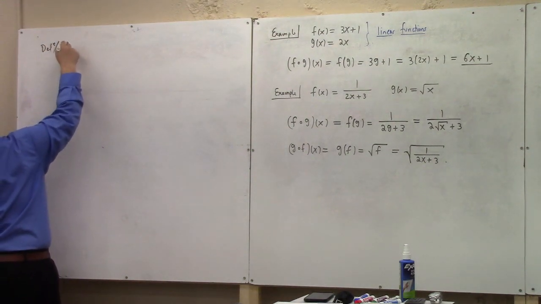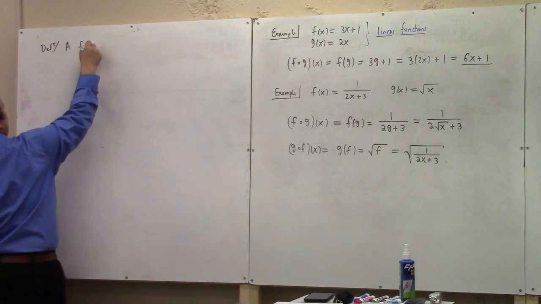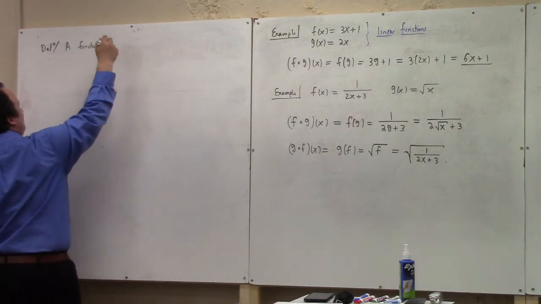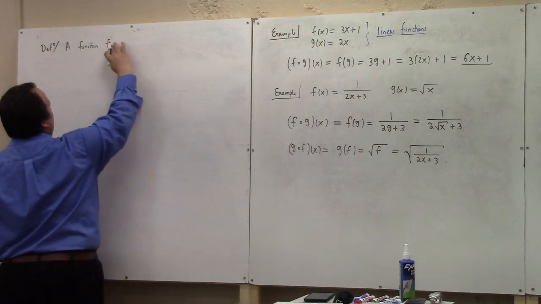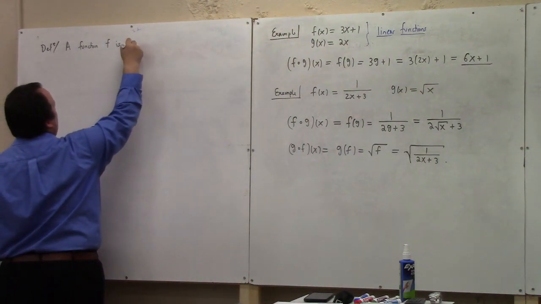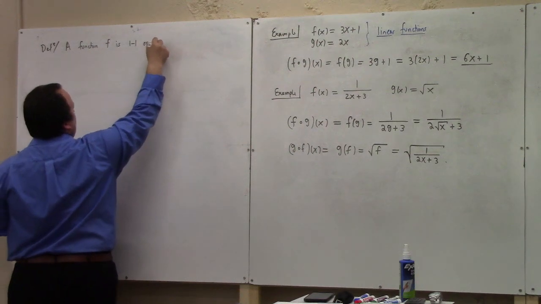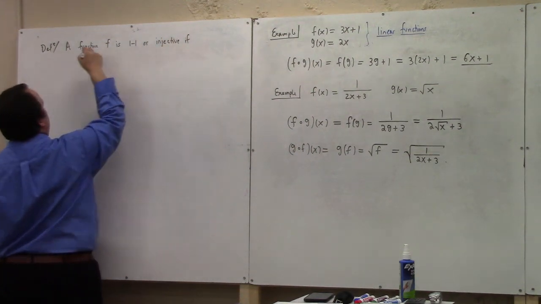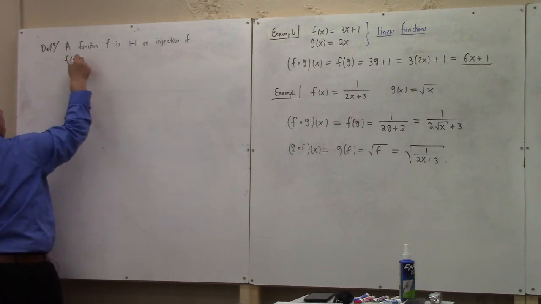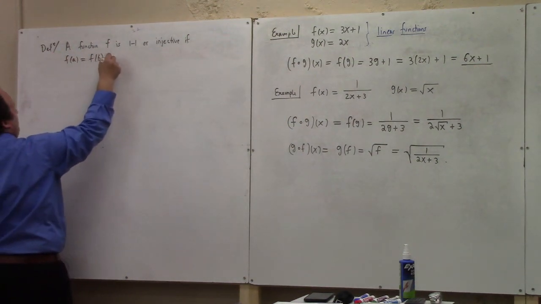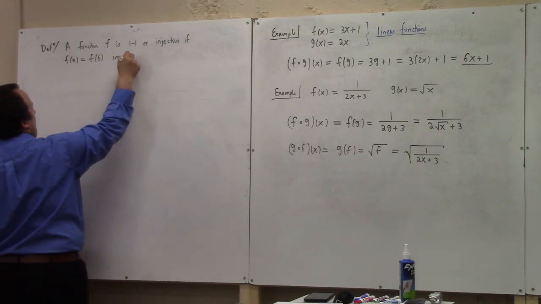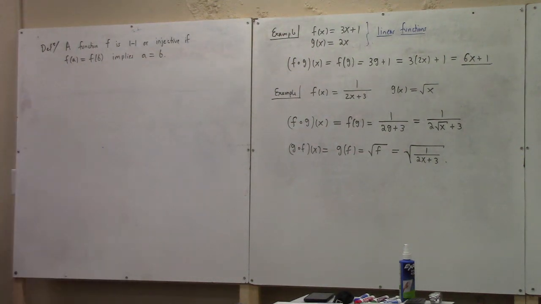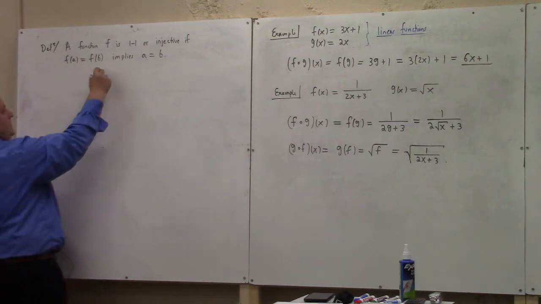Definition, a function f is 1 to 1, or sometimes people will call it injective, if f of a equals f of b implies a equals b. Now, if you look at a graph,